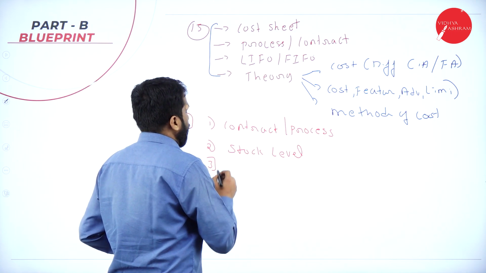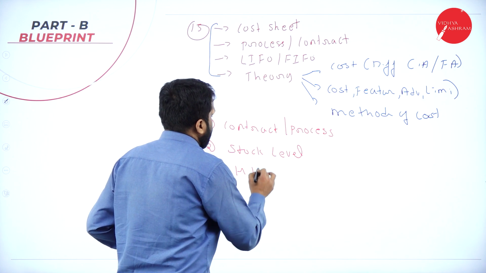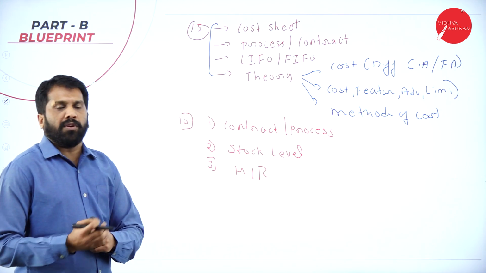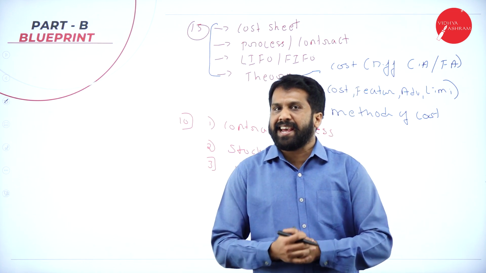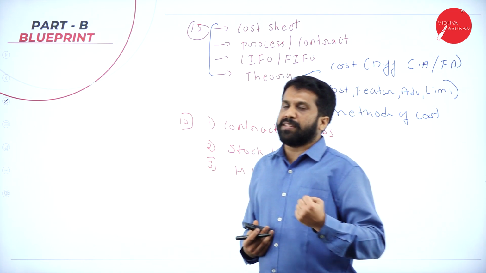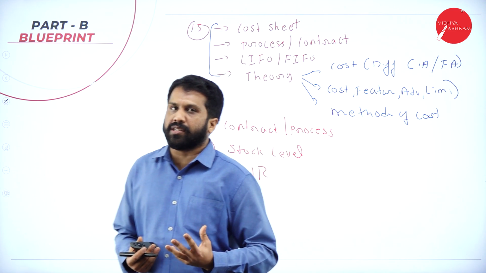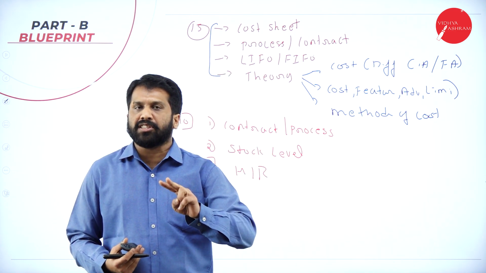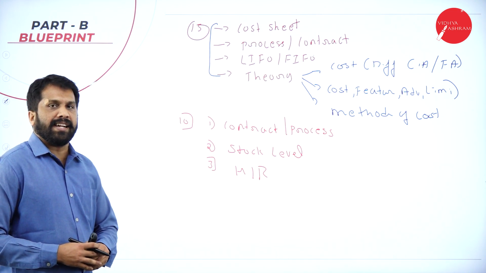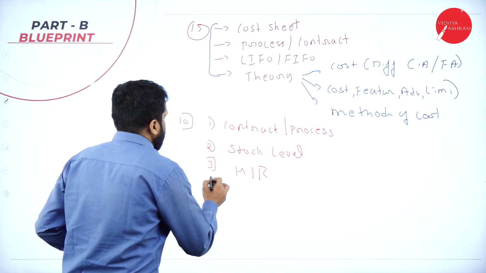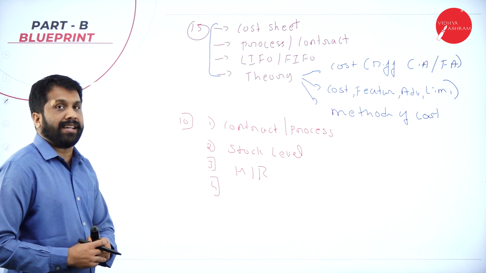Stock level is over, and the next one is wholesale or Rowan plan. What is wholesale plan or Rowan plan? Wholesale or Rowan, they are the experts actually. They have given some plan to calculate your wages. There are two formulas. Just remember those two formulas. So wholesale and Rowan will come for 10 mark. And along with this, the fourth one you can expect